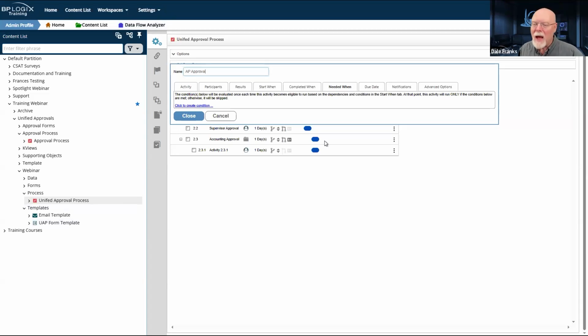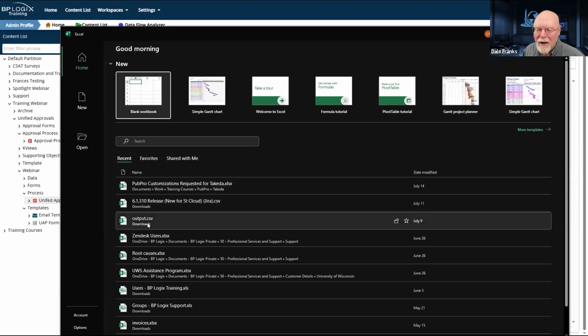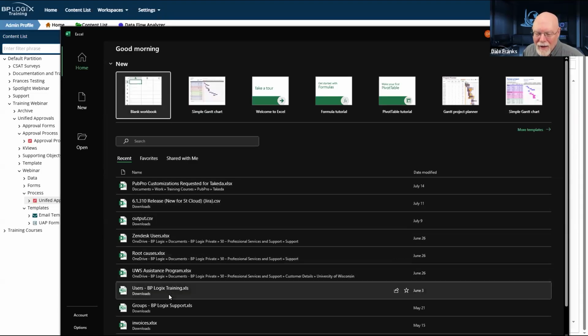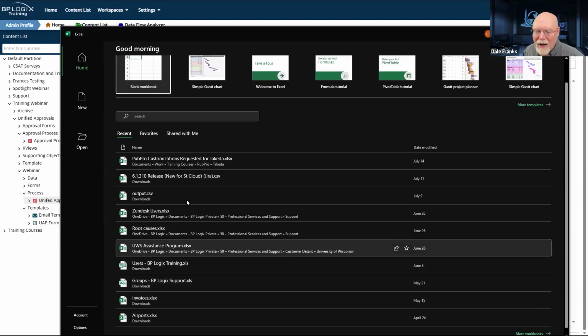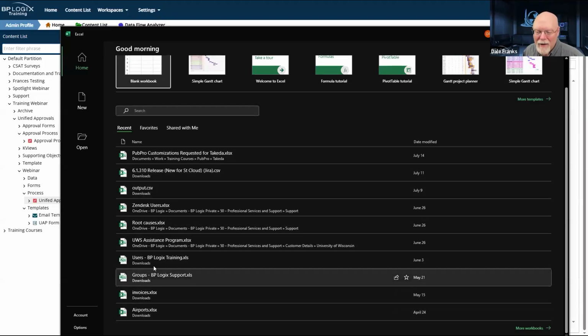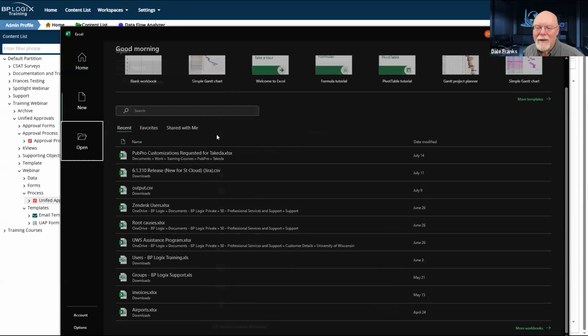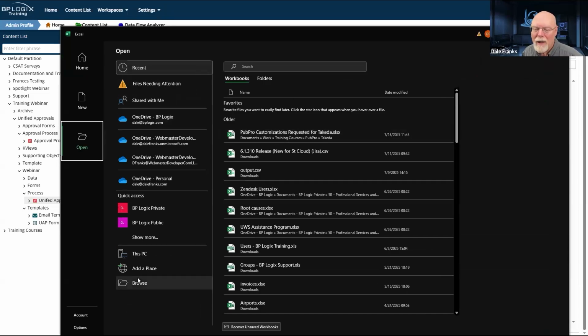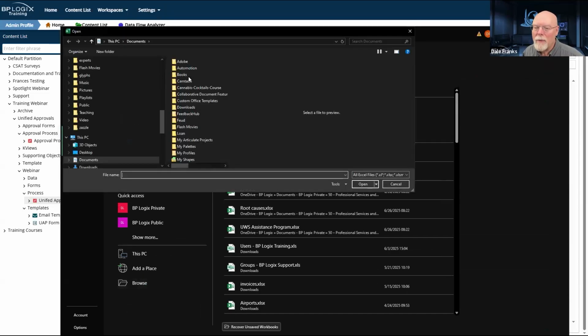So the type of process that is going to be running is going to determine whether or not this particular activity runs. Now, unfortunately, I did not grab the Excel file. I probably should have. I think I have it here. Give me a second. Let me go into... It's not there. I don't see it. I thought I had it here. Invoices, groups, users. No, it is not. Let's see if I have it open here in my doc folder.